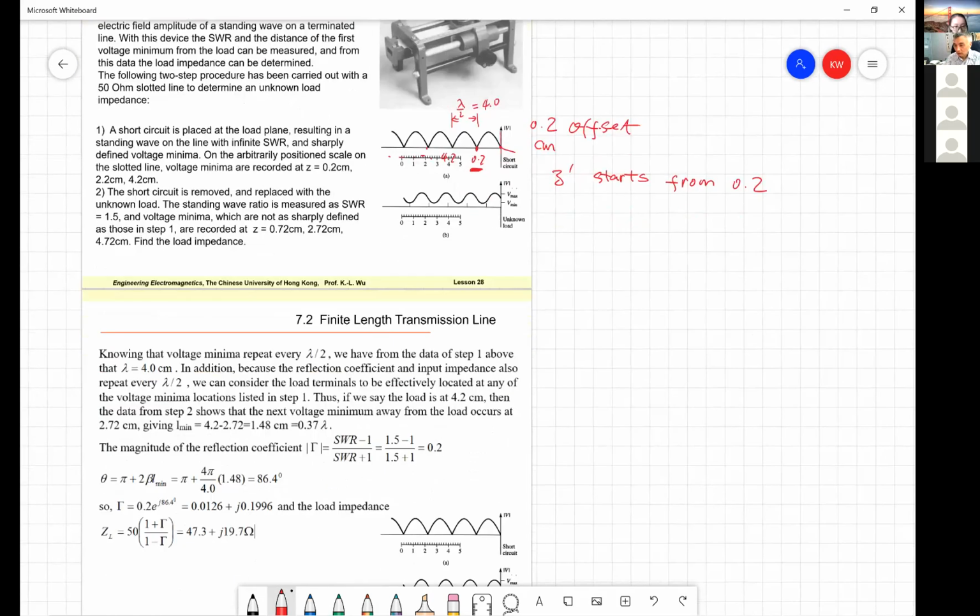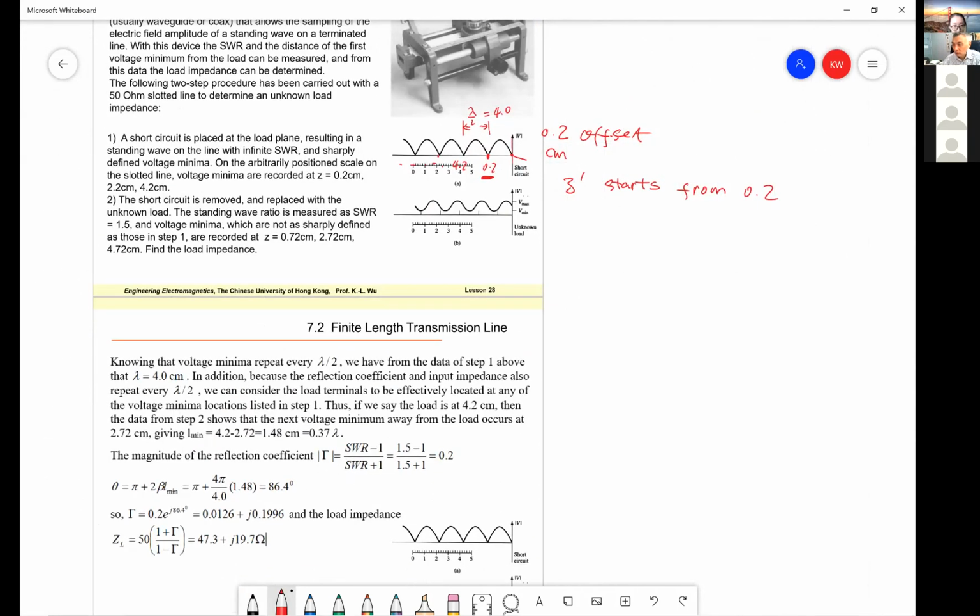Okay, then the other question is, when we put the load, then our distance starts from the original 0.2, which is shifted. It's no longer the minimum point. It moves to 0.72. So of course, when you place a load,